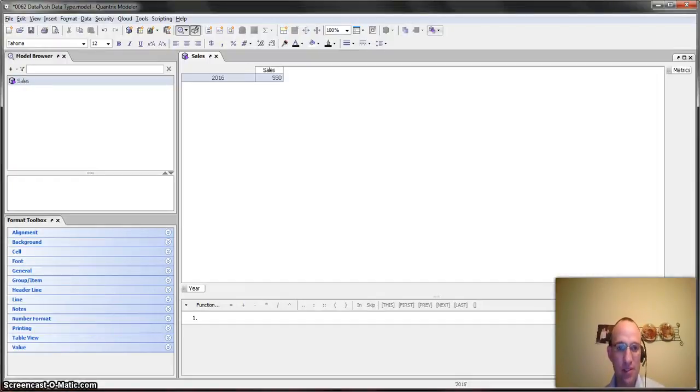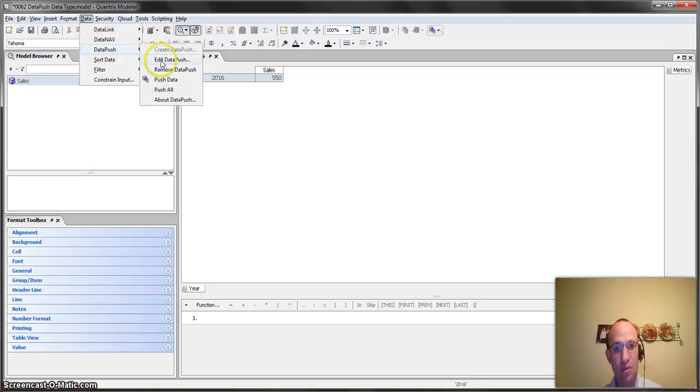I have here a very basic model. I have a sales matrix. It's got a year category. It's got metrics going across the top. For 2016, I have 550 as my sales. What I've done is I've gone ahead and I've created DataPush. And I go edit DataPush